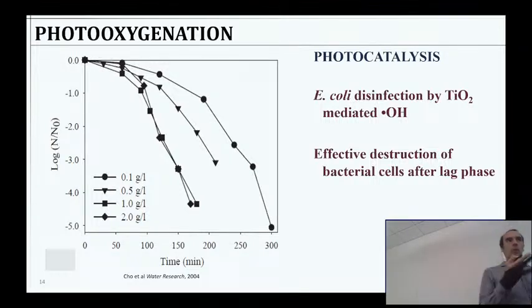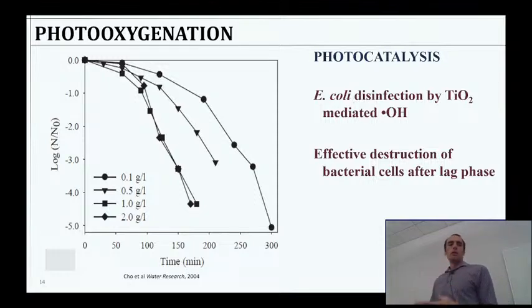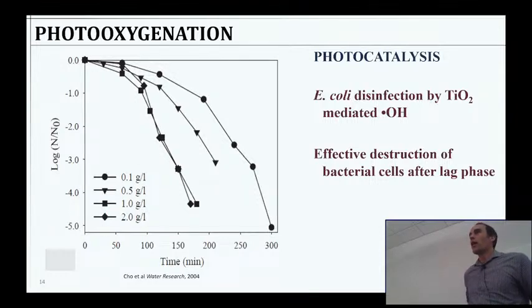So it's absorbing the light, but not generating radicals from it. If we use a different structure, a different type of it, then we can generate some radicals and then apply it. And you see here we've got action on the scale of 3 to 5 hours, doing a pretty good job cleaning up the water. And this is, I think, UVA light against some